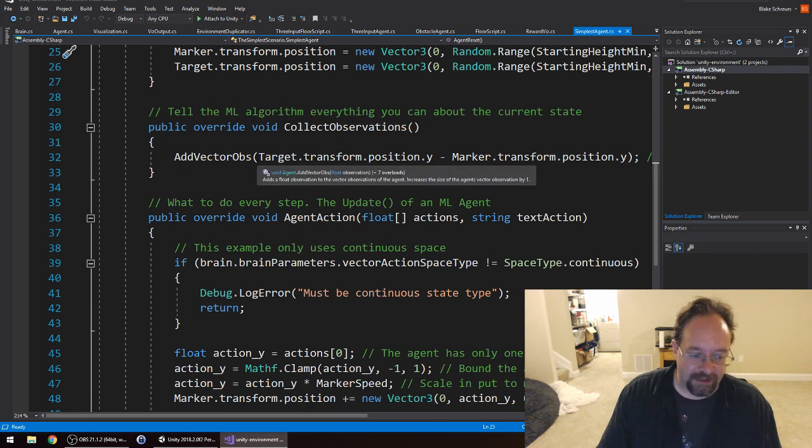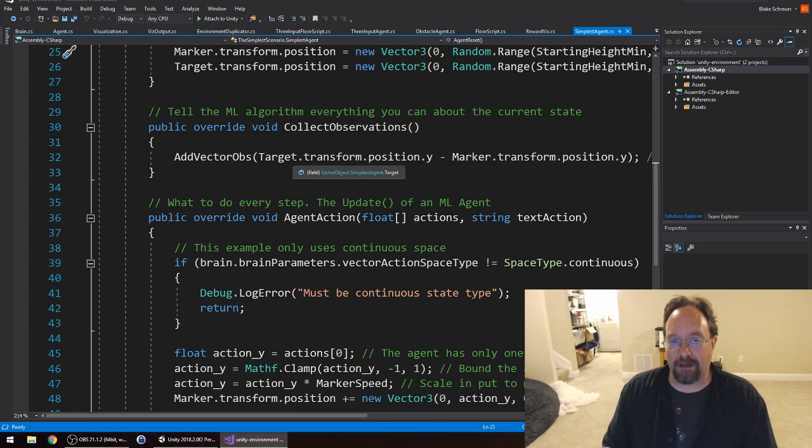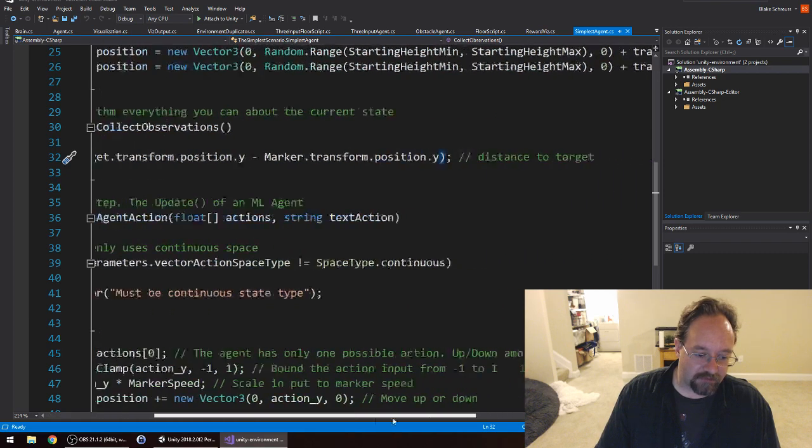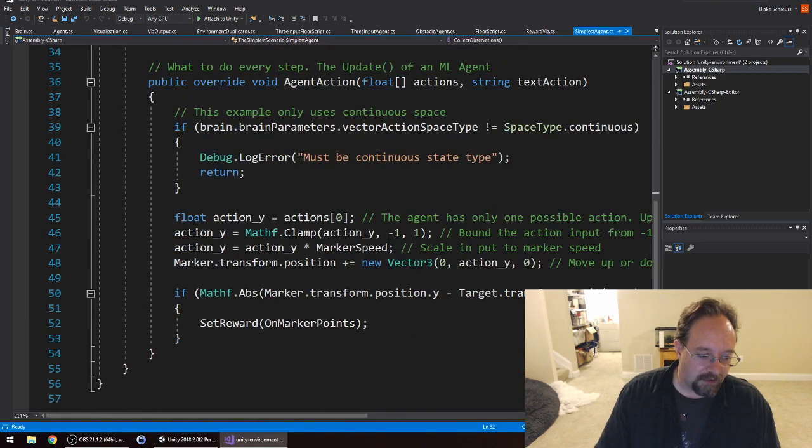Collect observations, right? There's only one observation that happens in this entire scenario: how far is my marker from my target? That's it. And so you just add this to the observation. How far am I from my target? And then